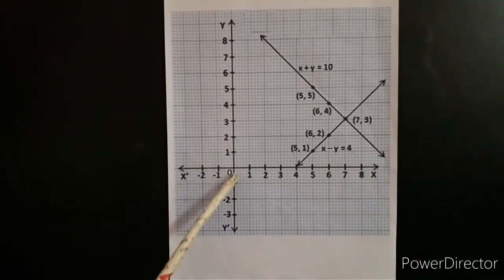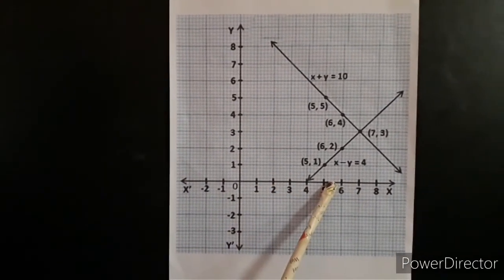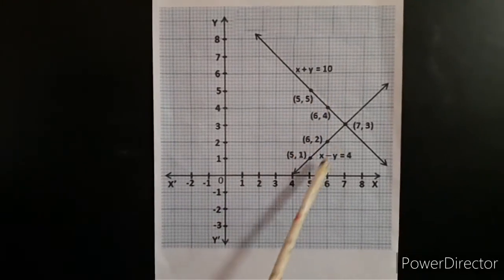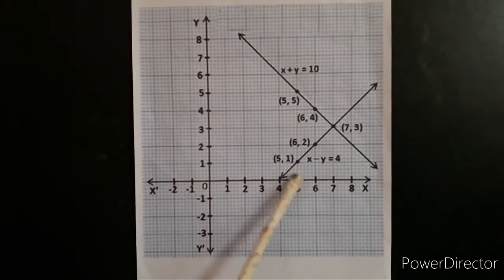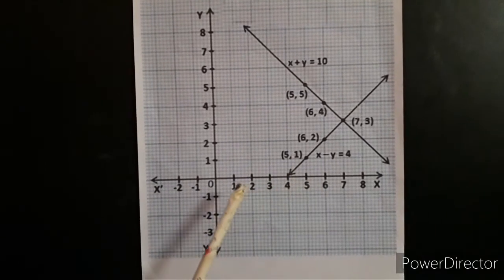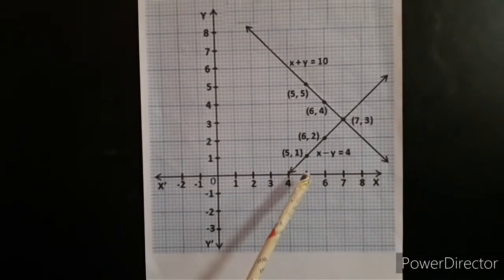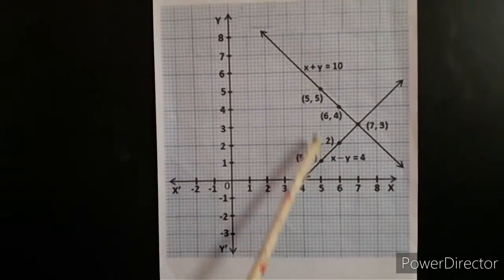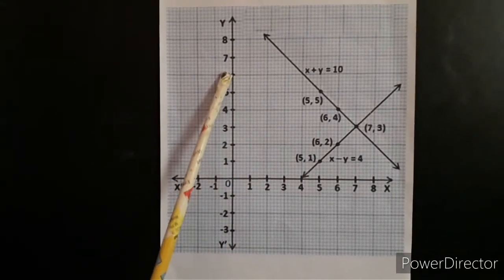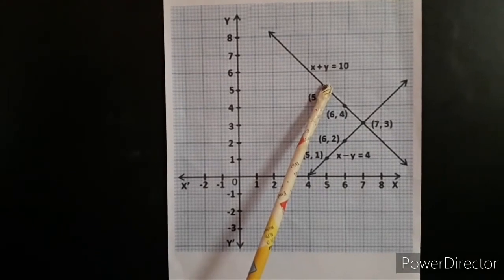Now locate the points on the graph. The x value is 5 and the y value is also 5. Locate the 5 units on the x axis. We should move 5 units to the right side of the origin, that is the x coordinate, and the y coordinate value is 5. We should move upward along the y axis, that is 5 units. 5 comma 5 is the first point.